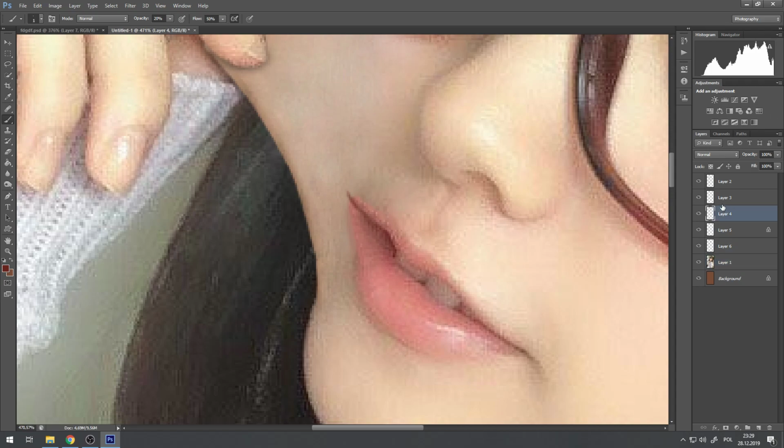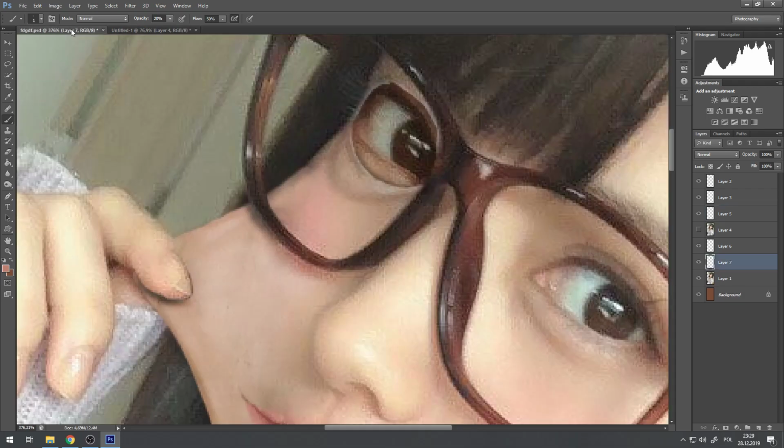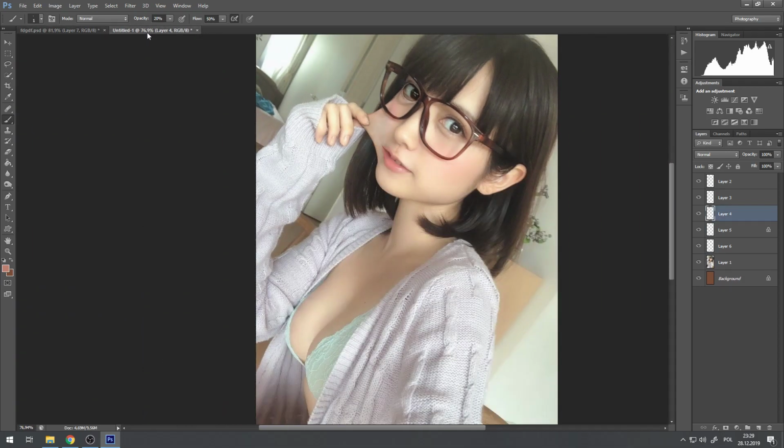Where is it? It was layer 4, so let's do it on layer 4 as well. Okay. I'm actually painting it over because why not? You can't possibly see that it's that much of a difference. So there you go. See, that's how it works. This video is such a mess. Anyway,